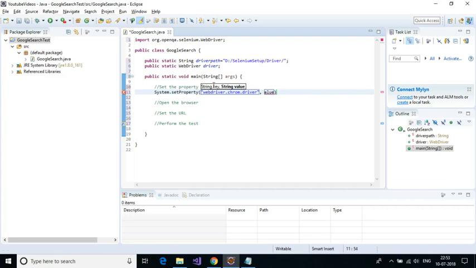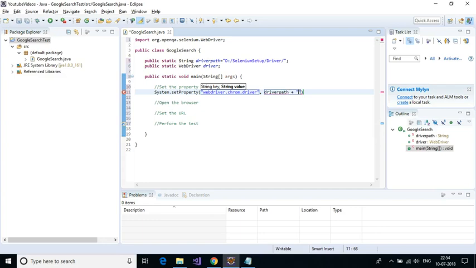Okay, and the value will be the location of the Chrome driver, which is driver path